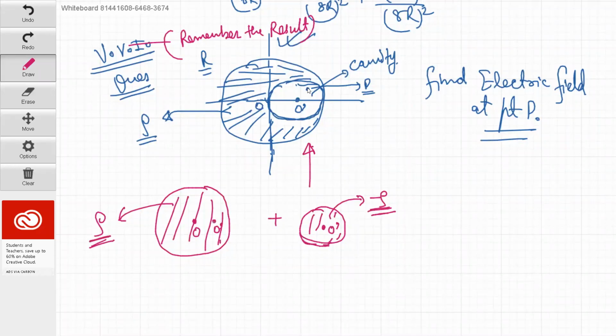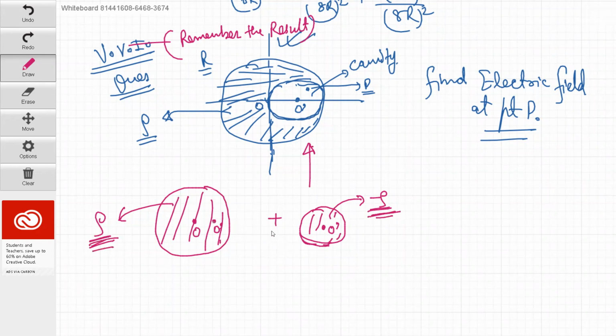Now a student used to ask me, sir, charges will be zero, that is clear. After superimposition, charges will be zero because minus rho plus rho will cancel each other. So charge inside the cavity is zero and the charge due to superimposition is also zero. But what will happen to the mass? There will be masses inside it, and inside the cavity there is no mass. Basically in this chapter we are not dealing with the mass, we are dealing with the charge. So no need to worry. Mass will increase, it will not affect the electric field. So this is rho, minus rho, and this is plus rho.